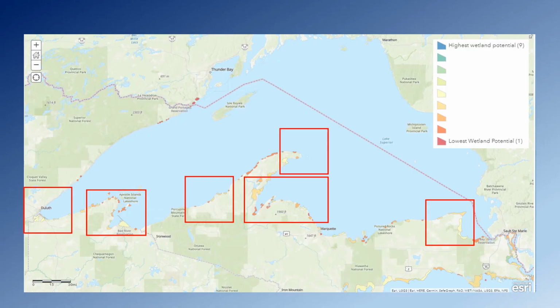But what we can do is we can sit down and first find places with good wetland restoration potential. So this is a wetland restoration index put together by the Audubon. So this is some data that this biologist can draw from. And the highest wetland potential index is going to be that blue color, and the lowest is the red color. And we can see that there's